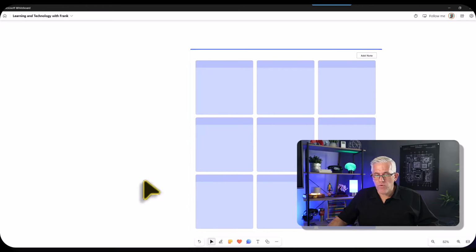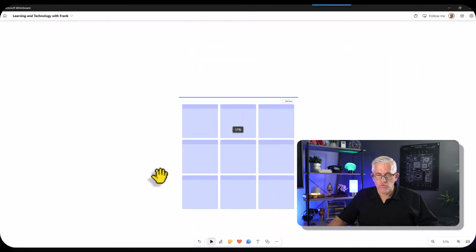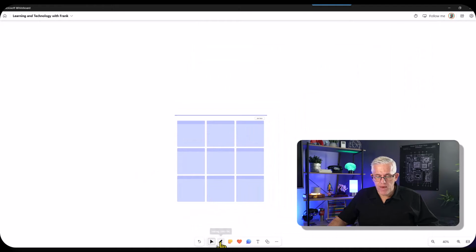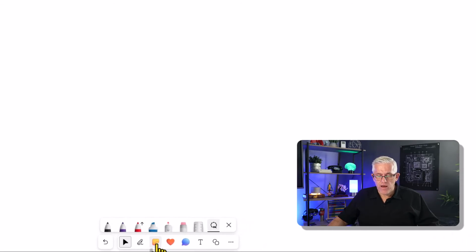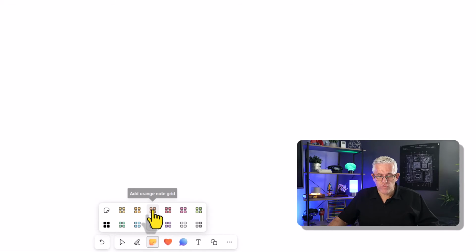And if I wanted to get rid of that, I could zoom out using my scroll wheel. I could go into my pens, grab my lasso, select the entire object, and trash it. Again, you get comfortable using this as you practice with it, and it's a very useful tool the more adept you become with it. Now, the other thing I can do, and let's just throw some notes on there,